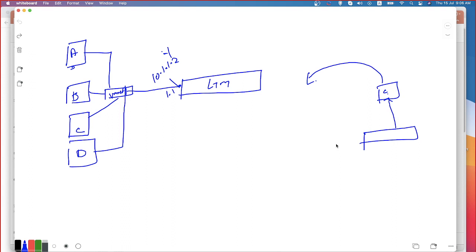Yeah. Now the next point is that the LTM should be in a position to reach all of these servers. Since they are all connected to the layer 2 switch, I need to make sure that they are on the same IP segment. So I'm making them 10.1.1.10, 10.1.1.20, 10.1.1.30, and 10.1.1.40. Any IP address should be in the same IP segment, that's all. I need to make sure that